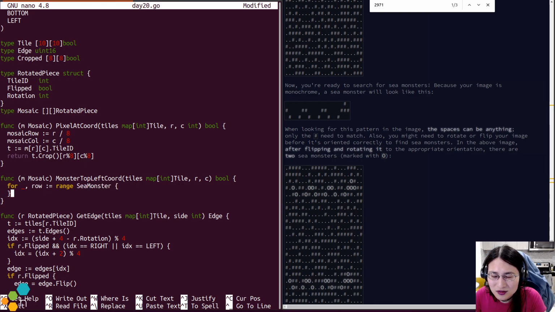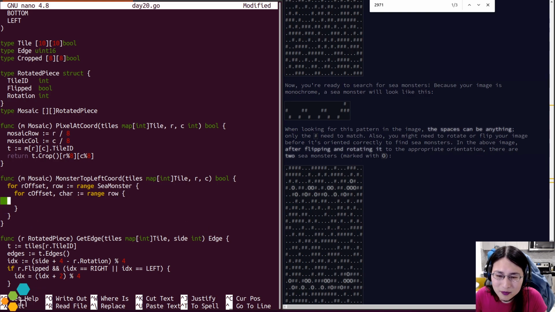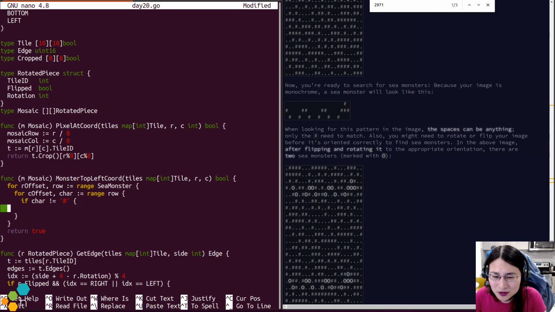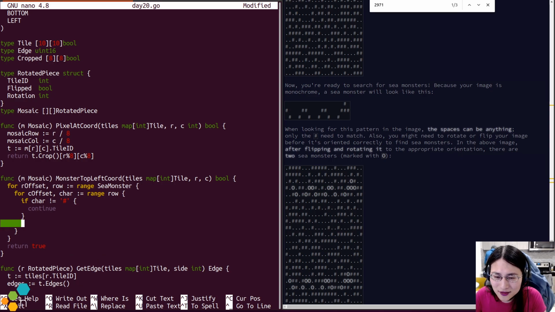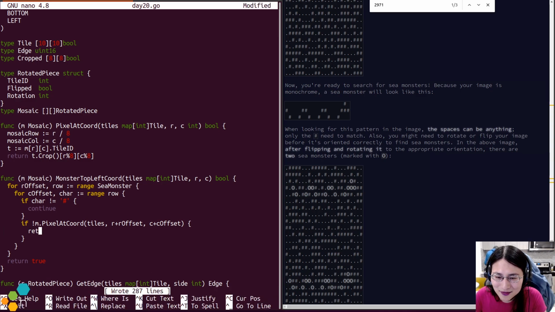Sea monster for... okay. If car is not equal to hash, then continue, and then if pixel at chord tiles r plus r offset c plus c offset not pixel at chord, and we're expecting that, then return false. Okay.